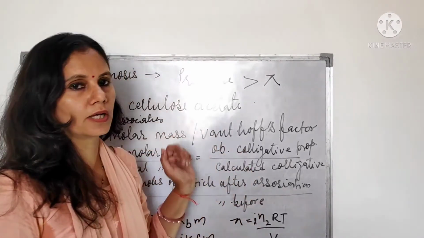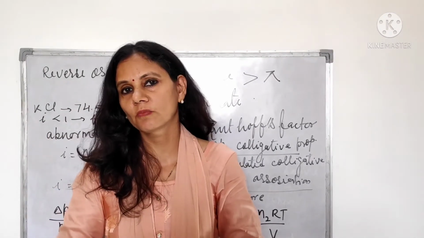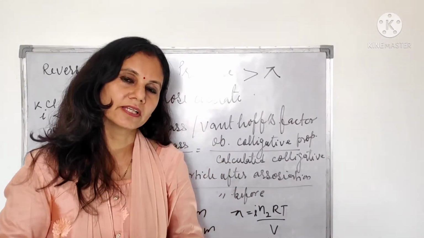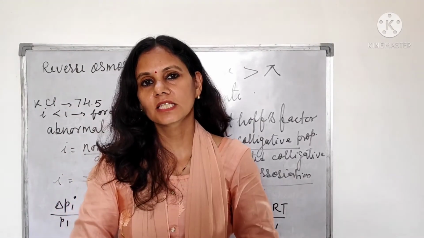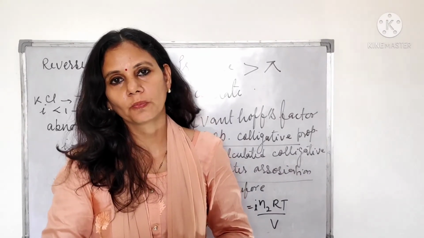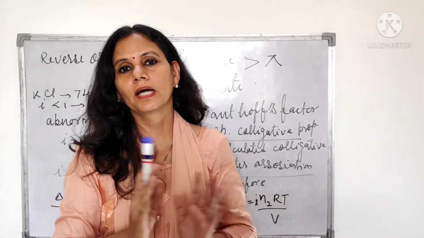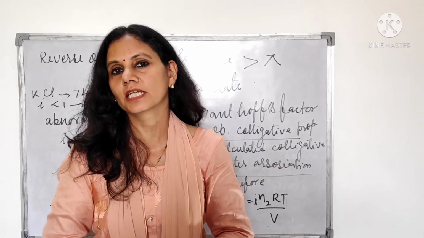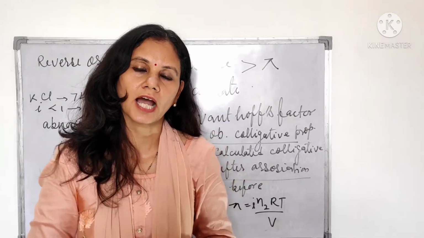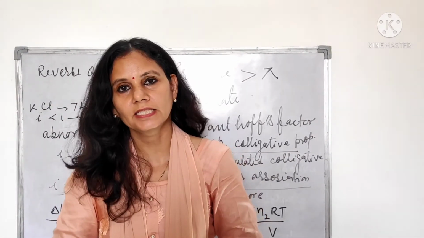Next topic is abnormal molar masses. Molar mass is fixed. It can be calculated from the elements present in the molecule. But some molecules undergo dissociation or association, such as KCl. KCl is potassium chloride. Its molar mass should be 74.5 only, but in aqueous solution it has two ions, K plus and Cl minus, so dissociation is taking place. So if we find the exact molar mass, it will be just half of its normal molar mass. So it will be the abnormal molar mass for KCl.